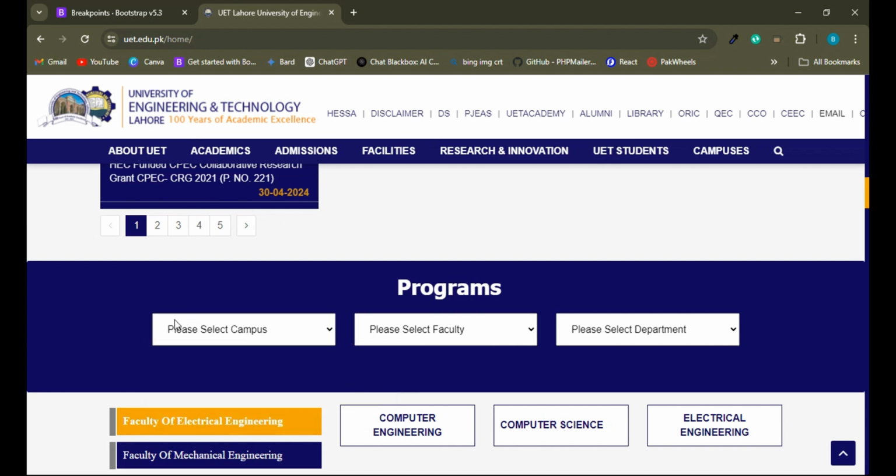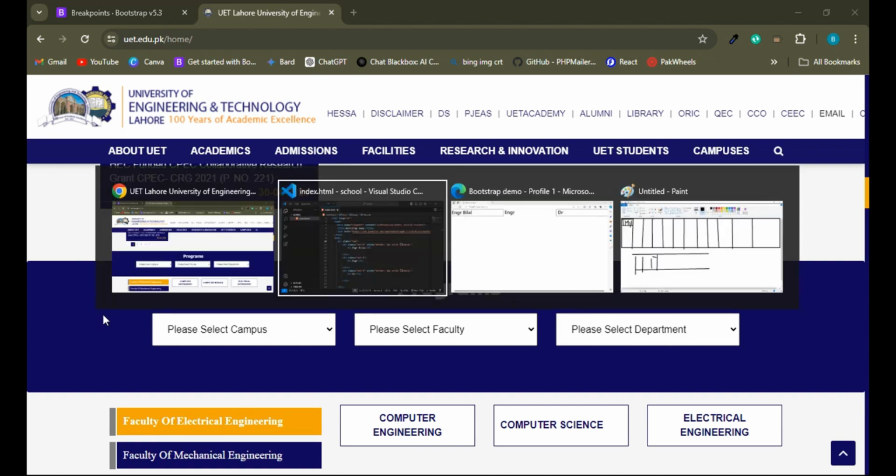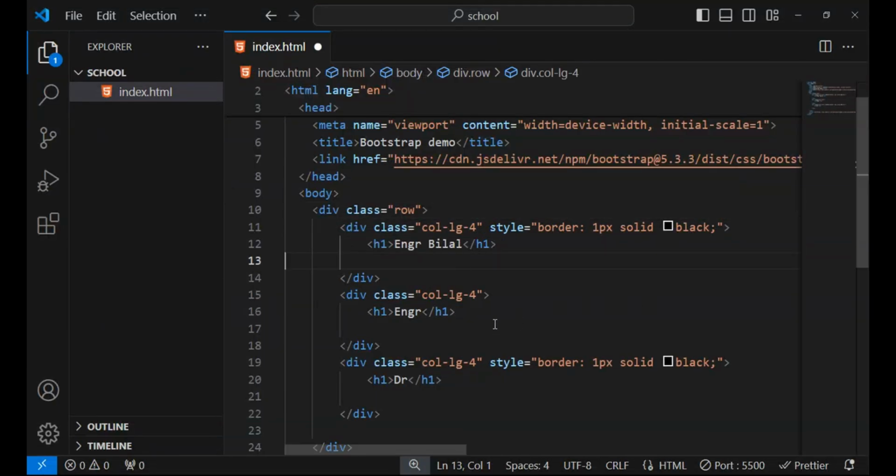First of all we would have a column here, column of MD, medium device. Here LG is